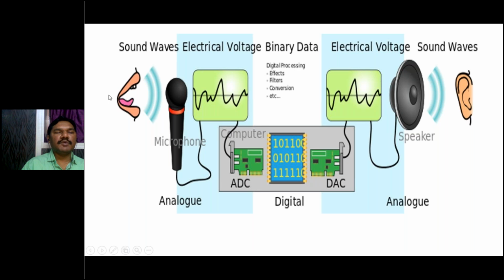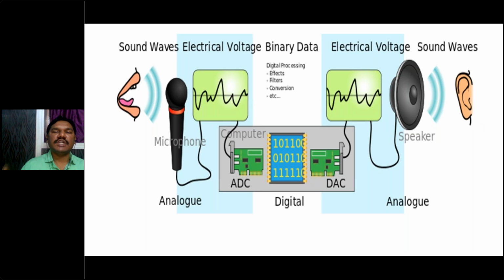For example, suppose a person is singing a song. His voice or speech signal is received by this mic, and this mic is connected to an electronic circuit, which carries it as an analog signal. This signal flows through the ADC, the analog to digital converter, and this circuit converts the analog signal to digital data. This digital data is connected to the DAC. DAC stands for digital to analog converter, and the analog signal is given to the speaker. This can then be listened to by the listener or receiver.